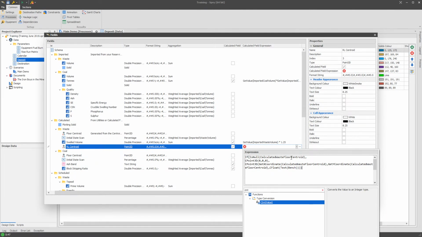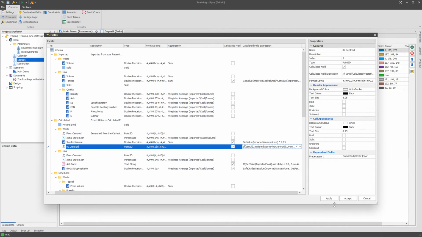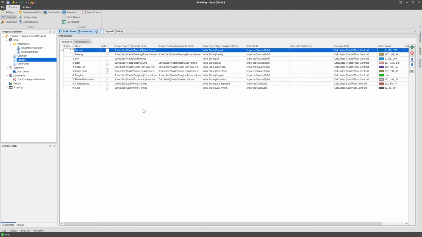So in here now, after all of that, firstly what we've got, and we'll change the layout of the function a little bit to make it a little easier to read. So if it's null, empty point3D. If it's not null, give me the X, the Y, but then create a new one based on the text of the bench. So we hit accept, we hit apply, and if we jump in and have a look at the table now,